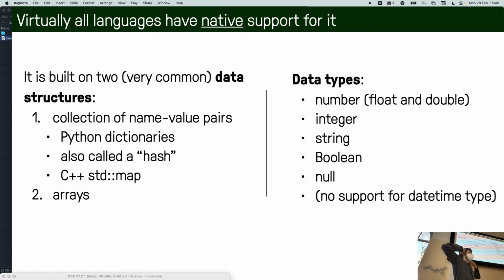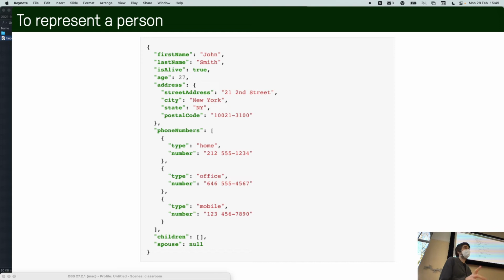That's a pair of a key, or a name, and then a value. And you also have an array. And then you can put different things into these arrays or into these structures. You can have numbers, floats, integers, strings, booleans, null, or something else. And a file like that one is basically just a mix and match of these two. So curly brackets mean a dictionary. The first thing is a dictionary that has several keys. And then if you go here, the square bracket, I think it's called in English, then it's an array.